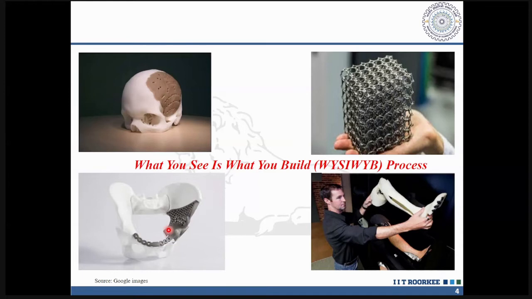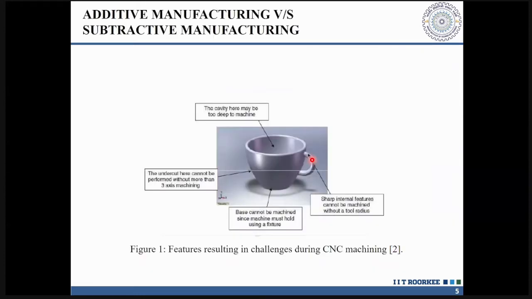So if I want to prototype any particular thing using an additive manufacturing technique, then whether I am able to see it, either as a missing part of a human body or in front of you, you have to create that soft model. Only then can you build up that particular process. So this is a case of a cup that has been shown. If you look at this particular cup, there could be a number of ways of manufacturing it. Now you can manufacture the cup using a lathe machine also, using sheet metal also, using casting also. You can manufacture the same product using additive manufacturing also.